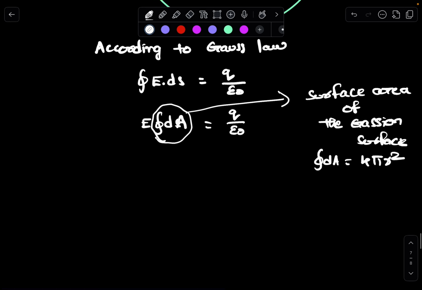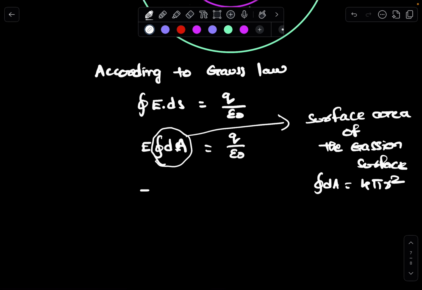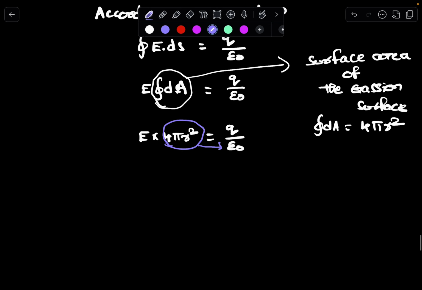Substituting that formula, E into 4 pi r square is equal to q by epsilon naught. Now this 4 pi r square goes to the denominator. So E is equal to q by 4 pi epsilon naught into r square,